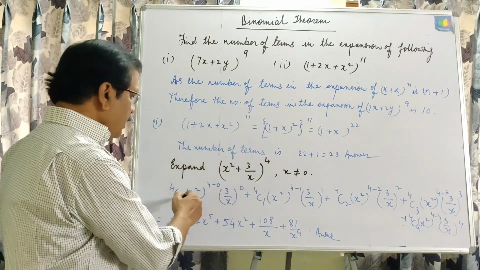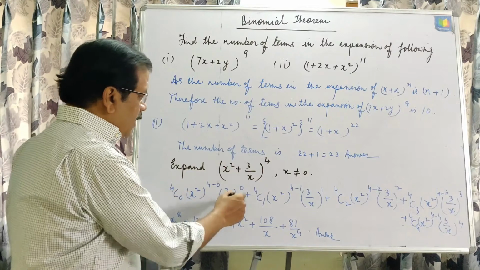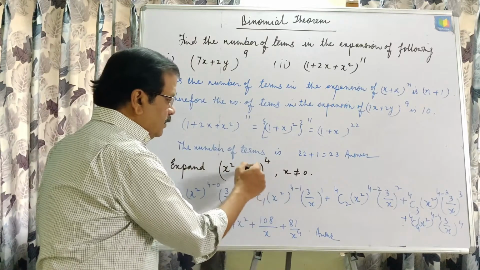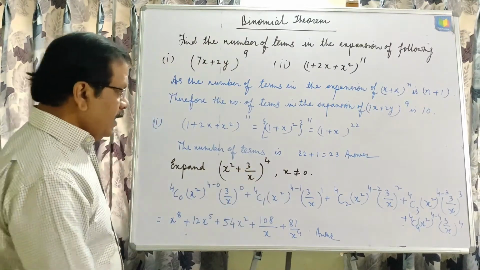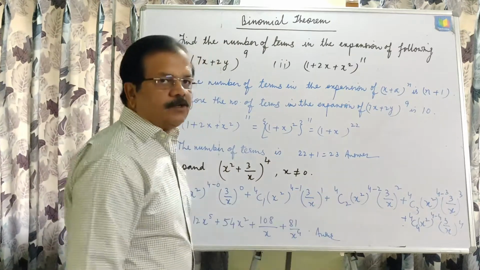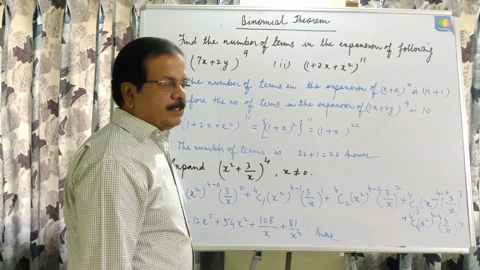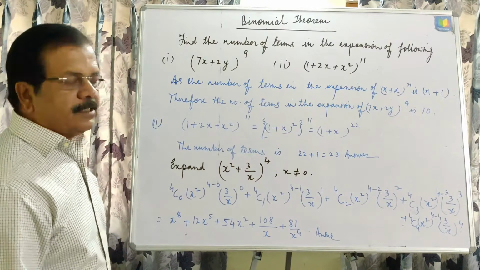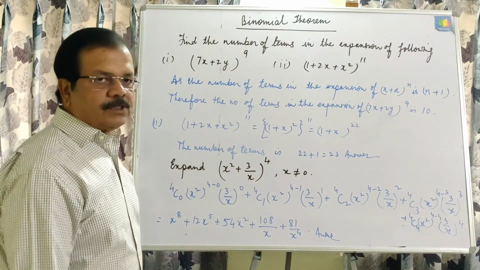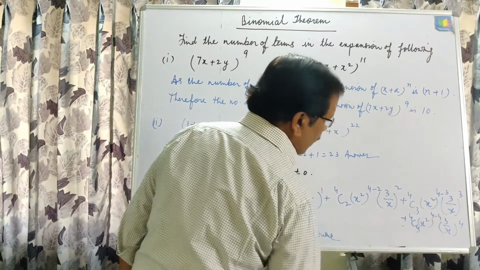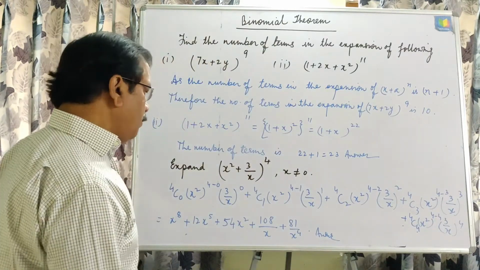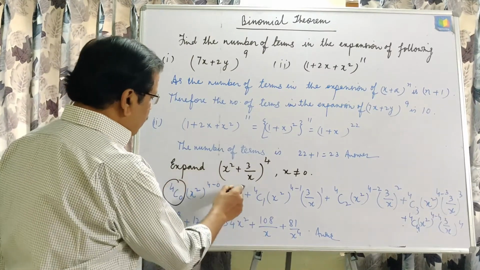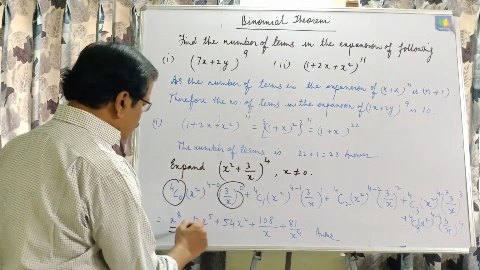And then in the same way we will start from 0 and then from 1, 4C1 (x^2)^(4-1) (3/x)^1, and in the same way 4C2 (x^2)^(4-2) (3/x)^2, 4C3 (x^2)^(4-3) (3/x)^3 plus 4C4 (x^2)^(4-4) (3/x)^4. And this way this is 1 and this will be 1, and ultimately we will get x^8.